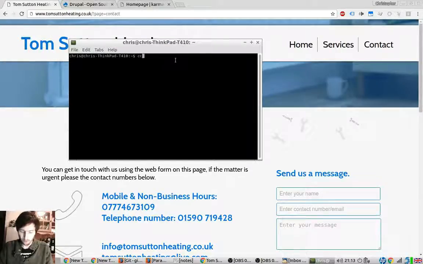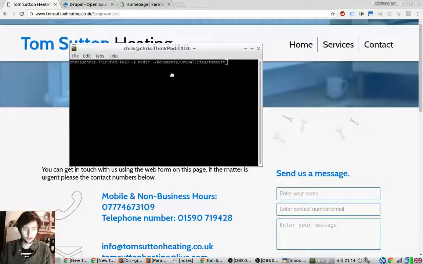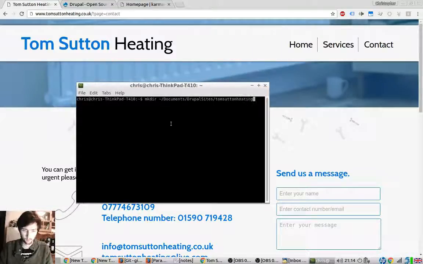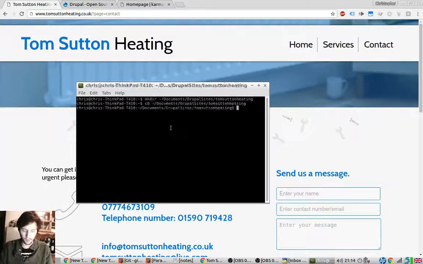So I just keep all my sites in a specific folder at the moment. What I'll do is I'll create a special directory just for this one. We'll call it Tom Sutton Heating, and we will go into that directory, and we'll just init a Drupal project inside there. So let's go get the